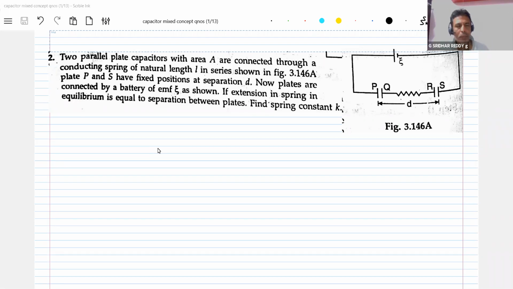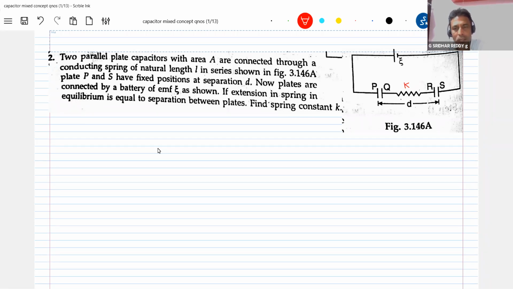So first, in the previous class we discussed the spring idea, no? So this one is like a force exerted by one plate on the other plate. Here I am bringing in the spring concept, so it is a mixed concept. Here it asks us to calculate the spring constant. It's not a resistor; it's a spring. That spring constant has to be determined.